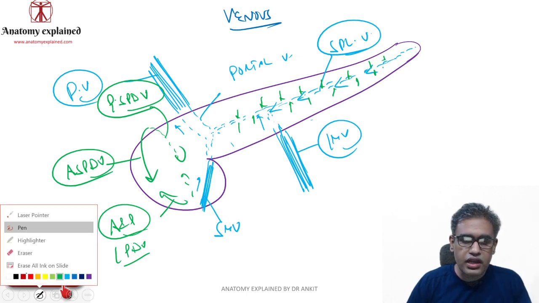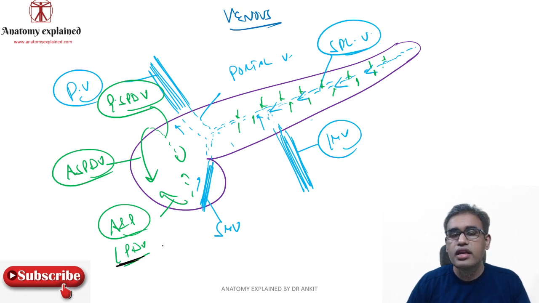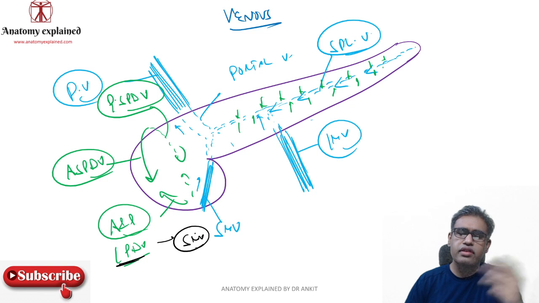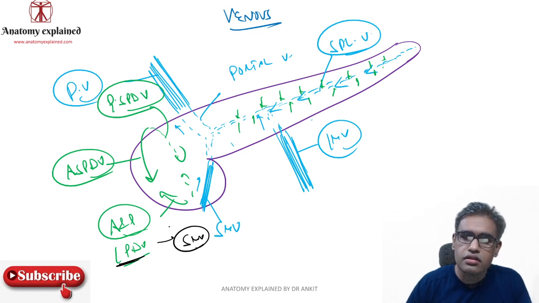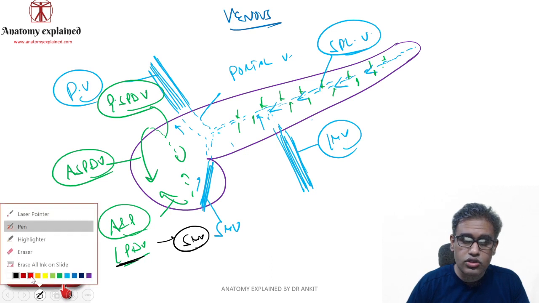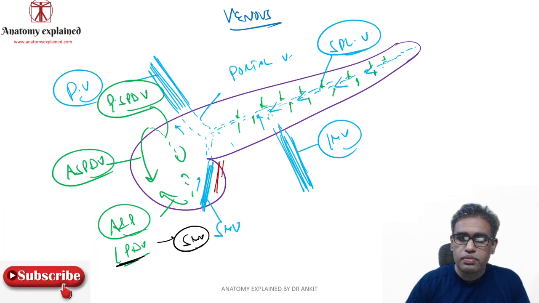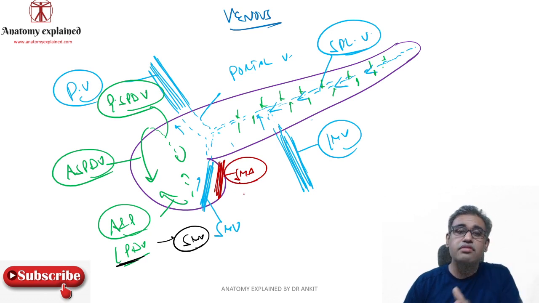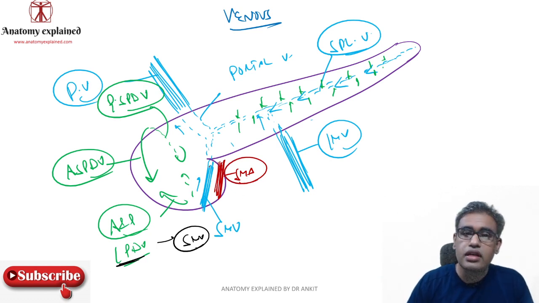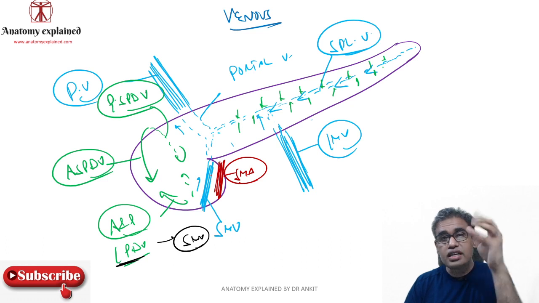This inferior pancreatic duodenal vein directly drains into the SMV because the artery was coming from here, so the vein will obviously be drained into the same vein. Artery was just on the left side of it. Always do remember that relation also. Superior mesenteric artery is over the left of superior mesenteric vein, or you can say vein is to the right of superior mesenteric artery. Very important because they form the axis of the midgut loop.